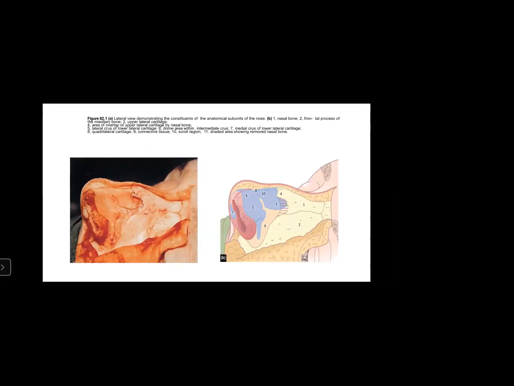Anatomy. It is important to emphasize salient aspects of the external approach anatomy. Figure 82.1 shows the anatomical subunits of the nose, which are conveniently divided into thirds. The upper third, the bony pyramid, consists laterally of the nasal bones and the ascending or frontal processes of the maxilla, and the bony septum in the midline. The middle third, the vault area, is formed by the paired upper lateral cartilages inserting just under the caudal end of the nasal bones and their fusion with the midline cartilaginous septum in the T-type configuration.